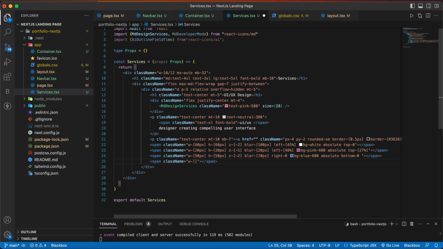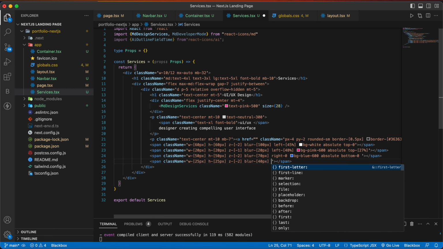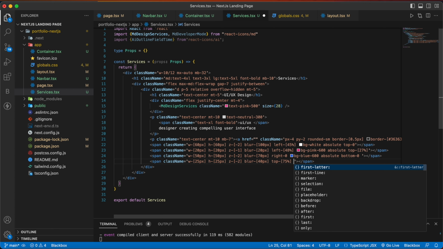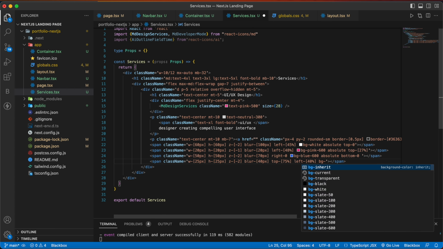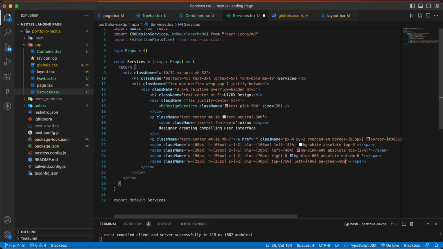W will be 25 pixels, Z will be -2, blur will be 40 pixels, top will be 75%, left will be 40%, BG green 600, absolute, and bottom will be 0.